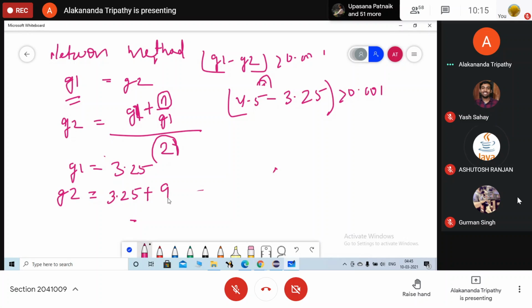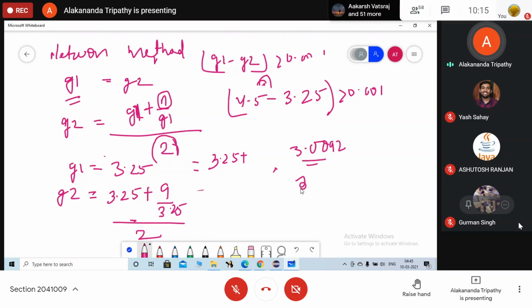9 divided by 3.25, whole divided by 2. So how much is it? Ma'am, 3.0096. Okay, you are getting 3.0096. Again you reach closer. How much did it come to? It came to 3. So 3.25 minus